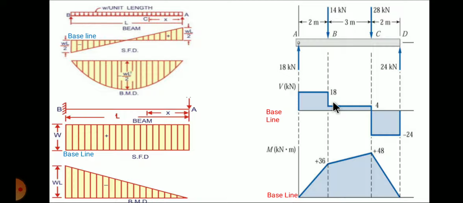When you're going to draw the shear force diagram, there will be increase or there will be decrease. Suddenly it will increase and suddenly it will decrease by the vertical straight line. Here you can see the vertical straight line at a section where there is a vertical point load. Here a vertical point load is there, here also vertical point load is there, and at point C also vertical point load is there. Wherever vertical point load is there, there will be a sudden increase or a sudden decrease in the shear force diagram.